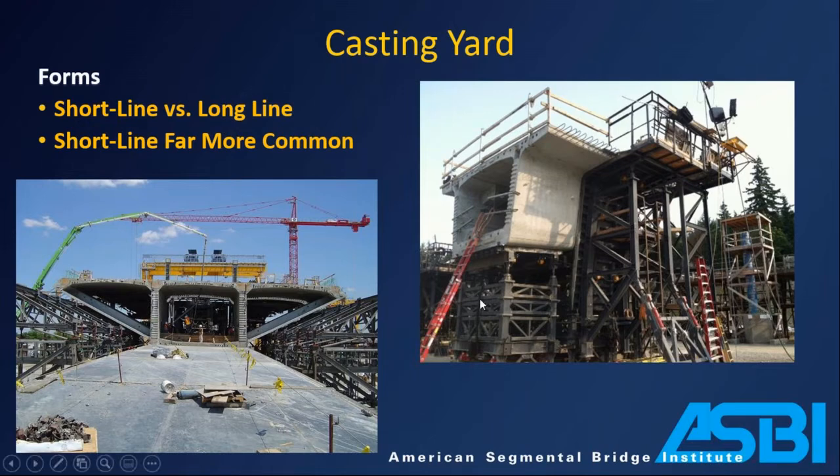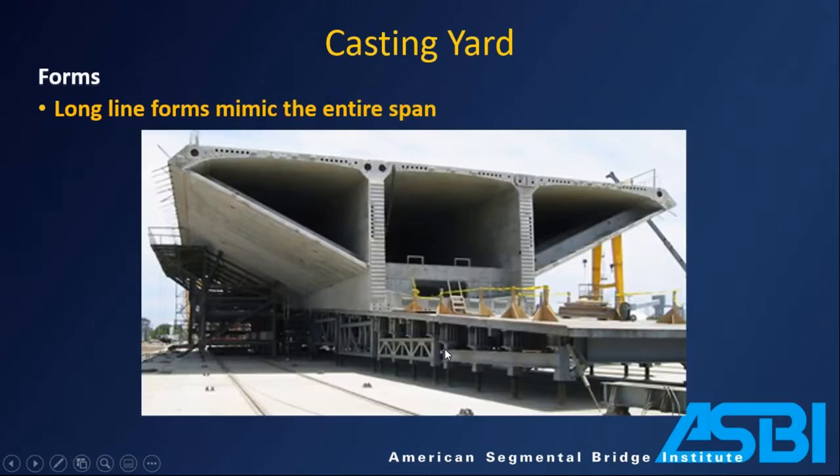Example of long line casting on the left, short line on the right. And in a little more detail with long line casting, you set out the geometry of an entire span or an entire cantilever with your forms. And that's what's happening here, again, Oakland Bay Bridge. So you can see the soffit form lays out the geometry for the entire thing. You would adjust it with these jacks, sort of get the profile that you want to cast. And then they have some movable forms as they work their way along the side to cast it. So you sort of lay out a cantilever or a span all at once and then cast it in pieces